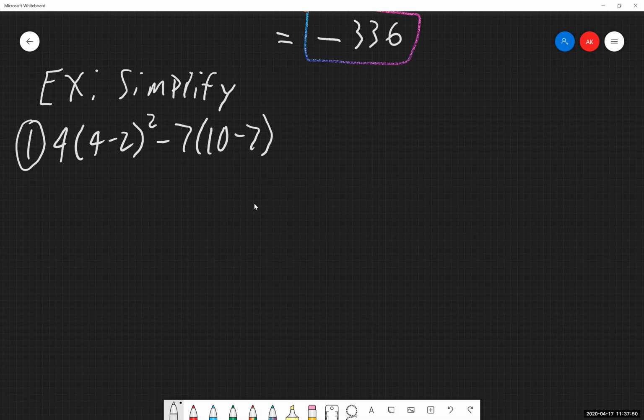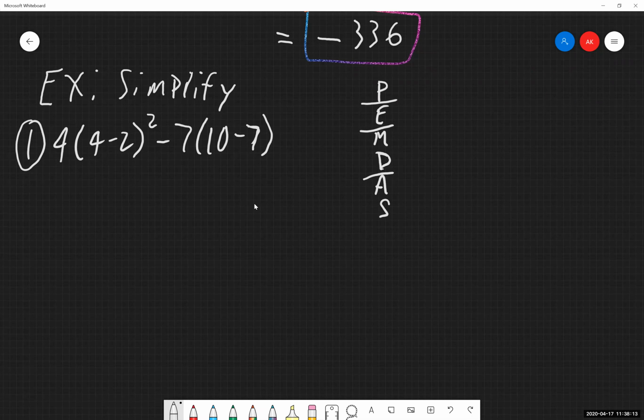So again, if you're someone like me, who's got a lot of stuff going on in here and you need to write out PEMDAS for yourself off to the side, do it. You want to keep your work very organized as you're going through these types of problems, because it's very, very easy to get lost in what you're doing and lose track of where you are, what you're doing next, and make this problem significantly harder for yourself than it needs to be.